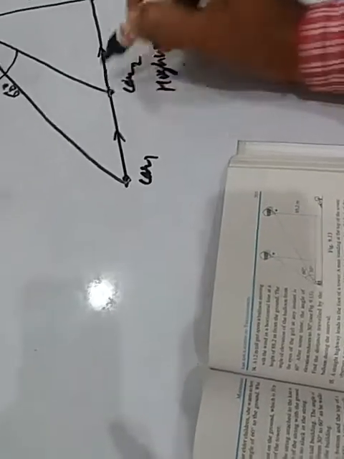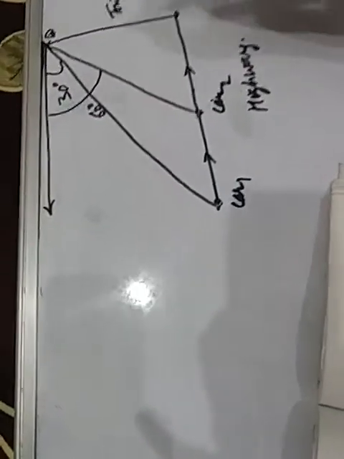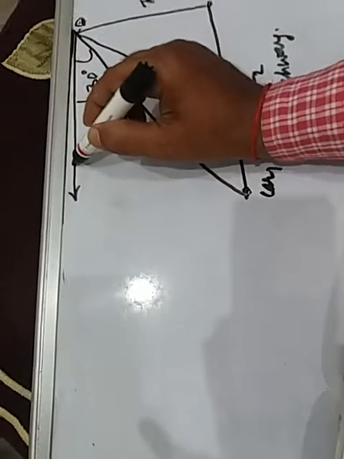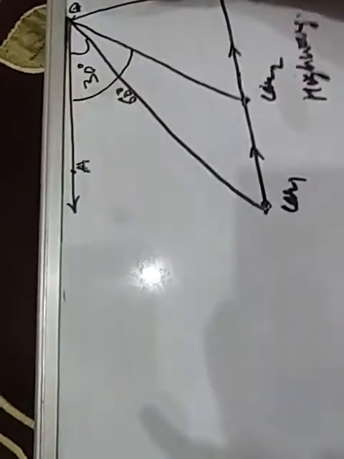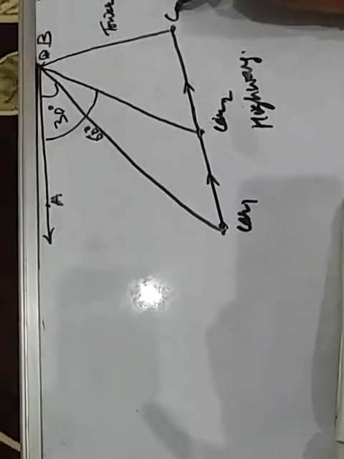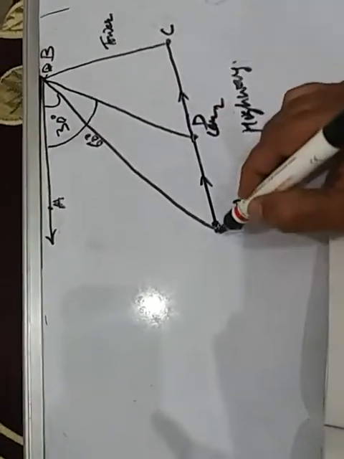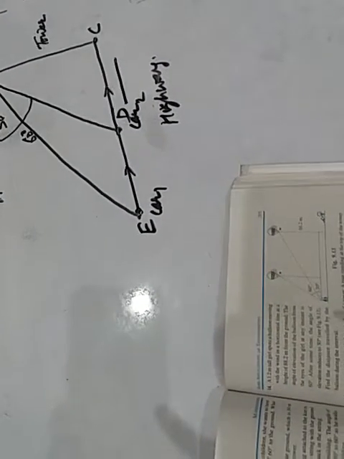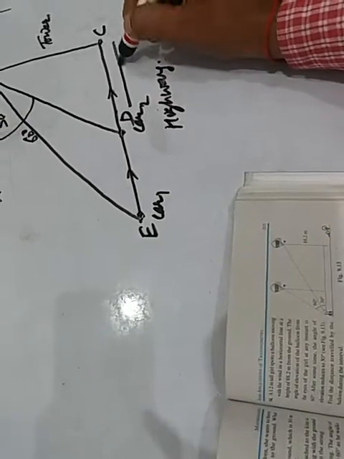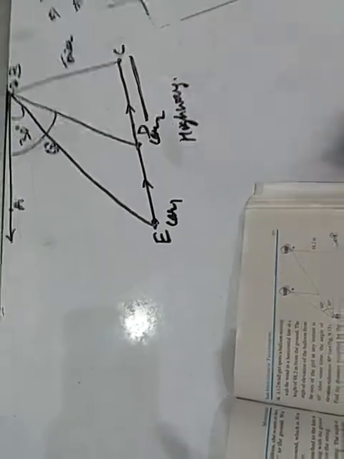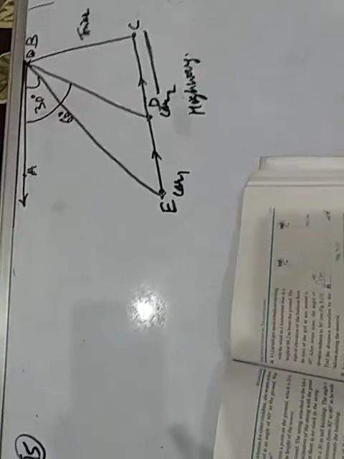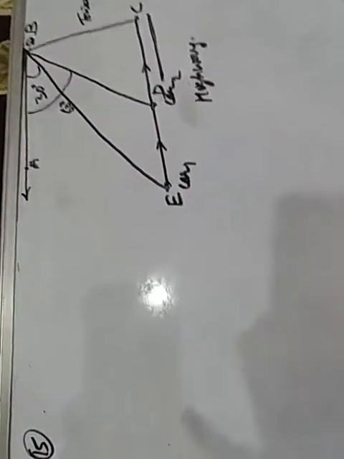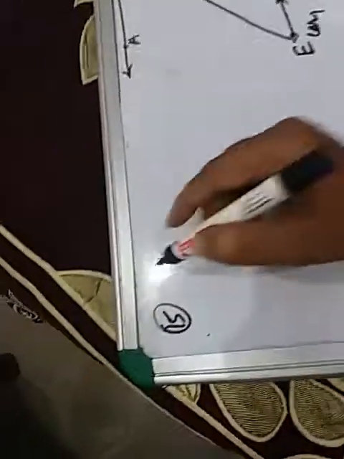Now from this point, find the time taken by the car to reach the foot of the tower. Okay, let us give the names. Let it be A, this is B, this is C, this is D, and this is E. Now what do we have to find out? Find the time taken by the car, from here to here. Time, not distance, we have to find. Clear? Now let us see what is given.